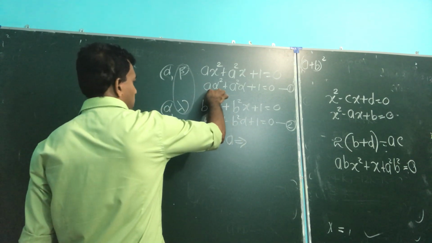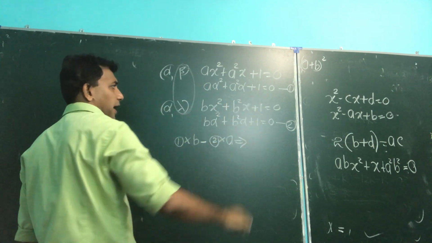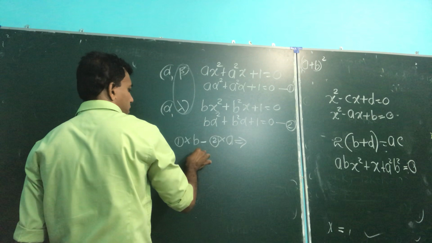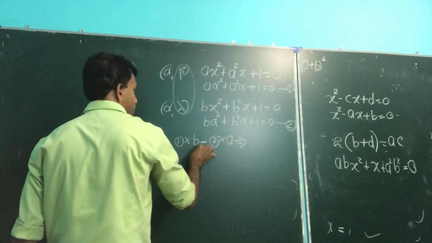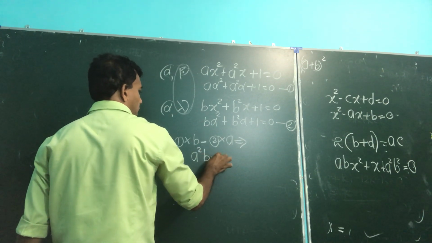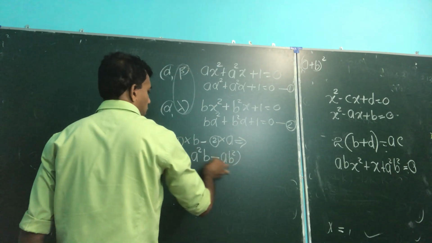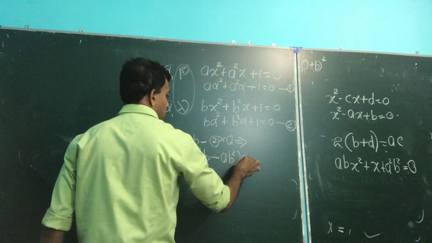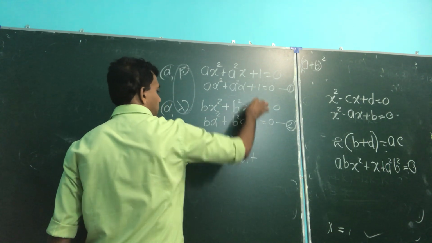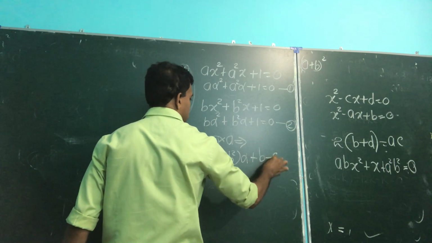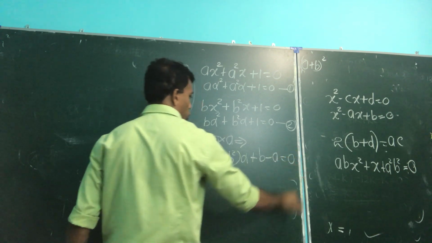Here multiply B, multiply A. Then that is cancelled. Then here what? A square B minus AB square into alpha